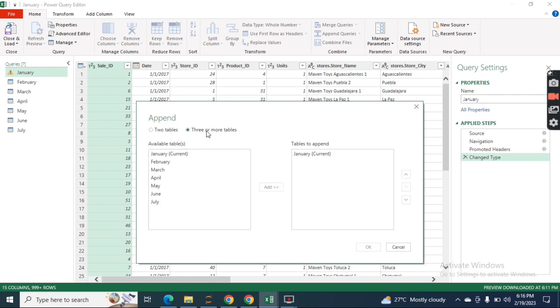In Append Queries, I'll select the three or more tables option, and I will use January first, then add February, March, April, May, June, and July. Okay, now I have selected all the 7 files that I want to be appended in the January table. So February, March, April, May, June, July data should appear in the January sheet. That would be our final sheet. Then press OK,